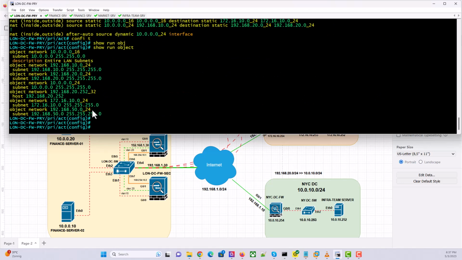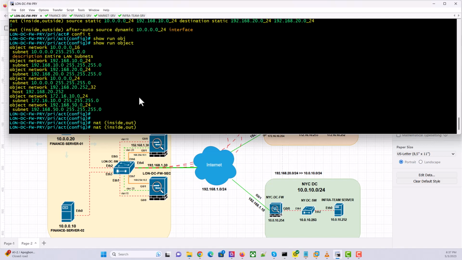We already have the object for 150, and we already have the object for this subnet, which is this London DC. So we just need to say nat, which is exempt. And we say from inside to outside,